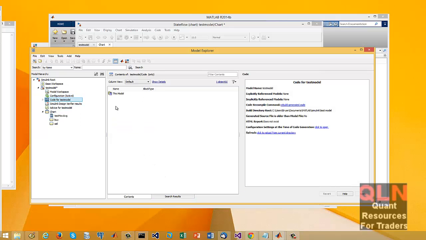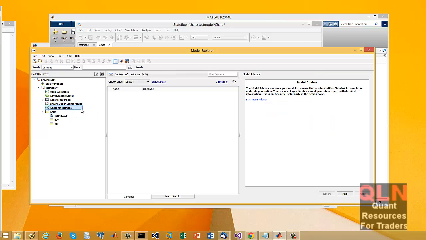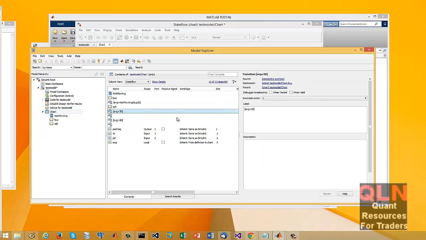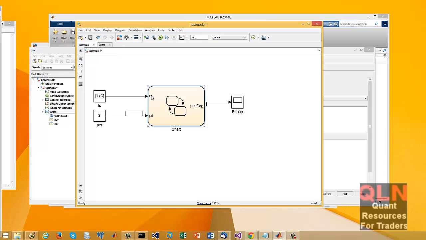So we have all the different values, and you have all these different parameters and settings you can set. But in the chart, which is a stateflow chart, we have all the objects, we have transitions. As you can see here, we have this transition, average over a greater than 50, and as you create those objects, they get displayed here, or it can be accessed through the Model Explorer. But here's the interesting part: to be able to create these inputs and outputs of TS, PD, and pause flag,